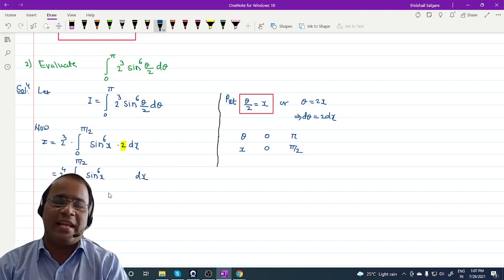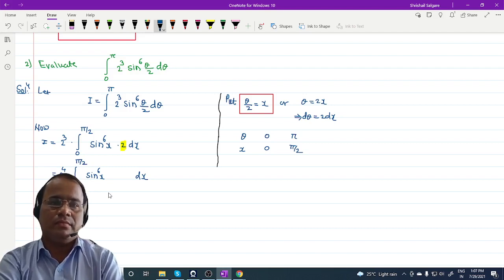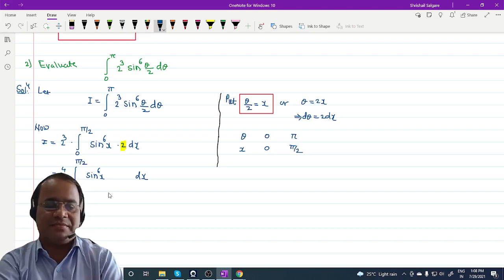Can anyone tell how to evaluate this integral by that definition? Okay, you are using sine 2 theta. What about the limits then? If you put sine 2 theta, then the limits 0 to pi by 2 change again. It will not work. Are you getting it? You try with your calculations. Okay, one answer.